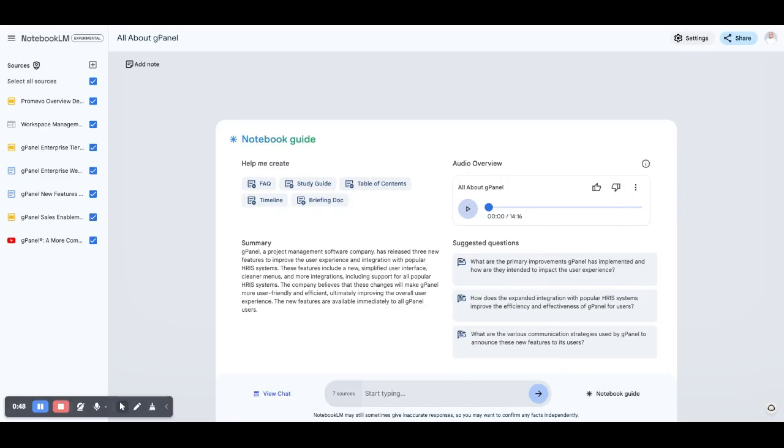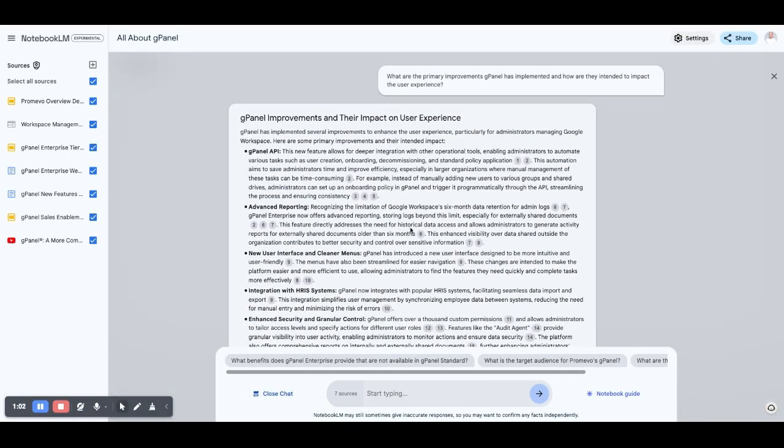And from here, you can generate a number of ways to interact with that content. You can produce an FAQ document, a study guide. You can just type in questions. And you can see here, this is what it'll generate, and it's got links to the various sources where it's